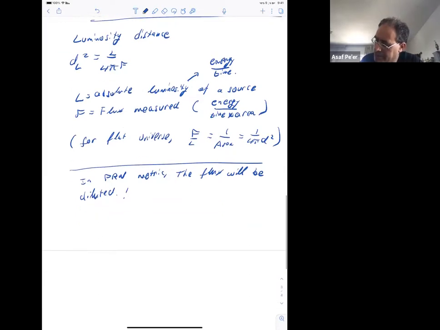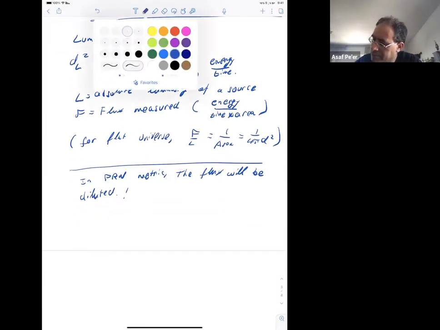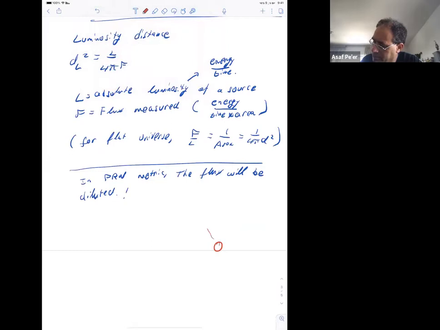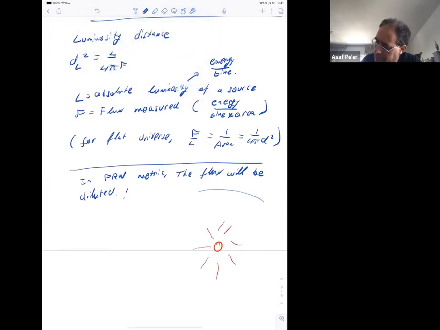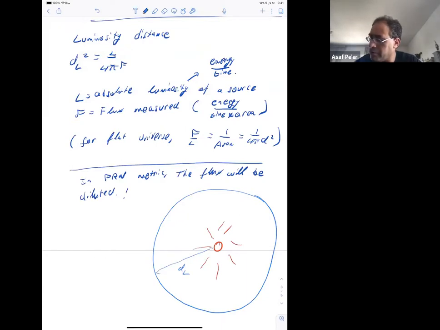Well, let's say we have a source. The source emits photons. Now we're really making a sphere around the source, right, at some distance dl. So all the photons that were emitted from the source will eventually cross the surface. The number is conserved,